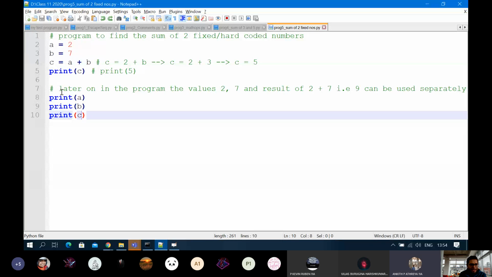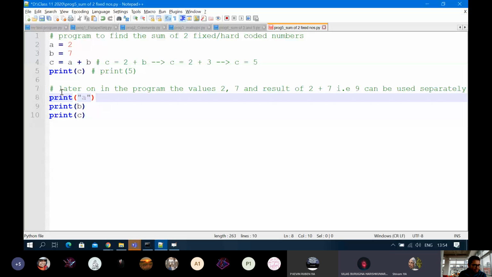But remember, the label name should not be enclosed within quotes. अगर यहाँ पे ऐसे कर दोगे तो क्या हो जाएगा? If we consider it as a string. Sir, it'll be a string. It will simply print A.